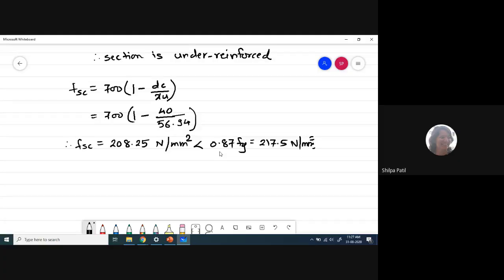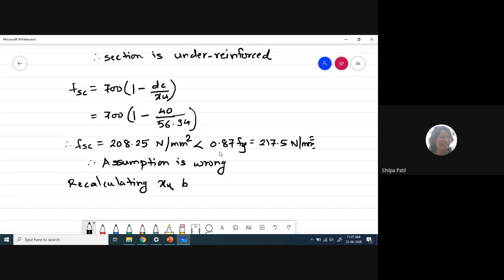FSC is less than the limit? Wrong. So the initial assumption is wrong. And we have to calculate XU now by putting the FSC value in terms of XU. Okay, so just write down: recalculating XU